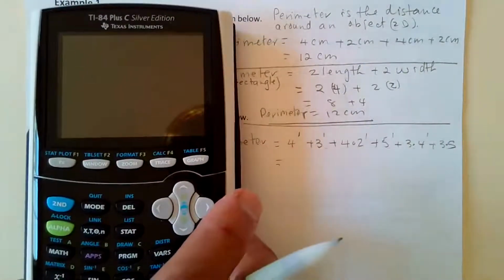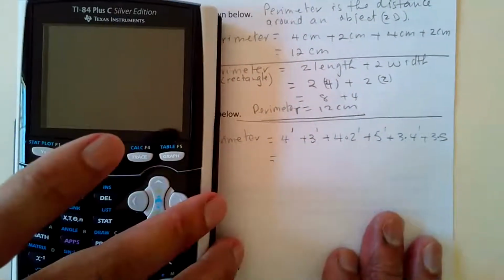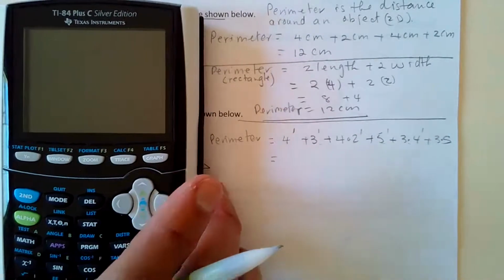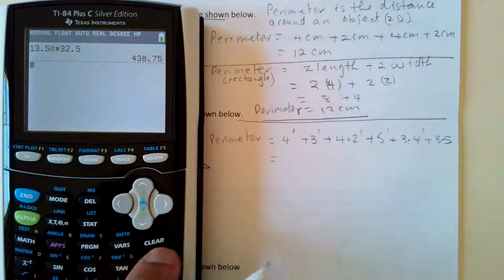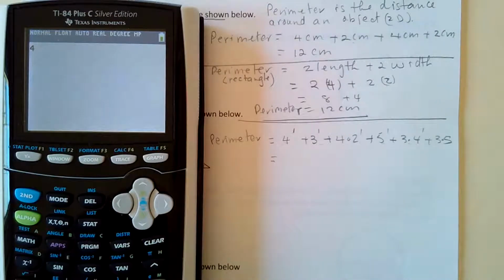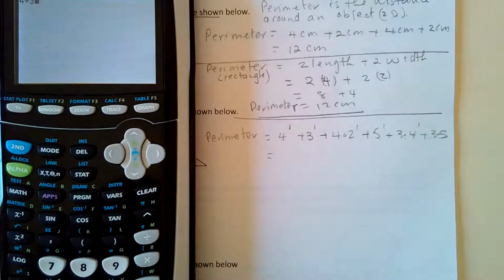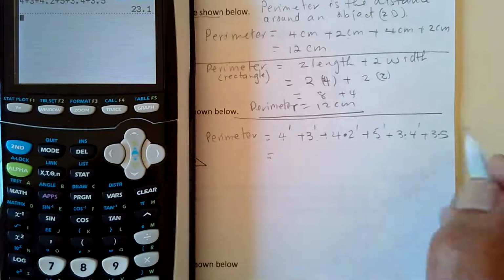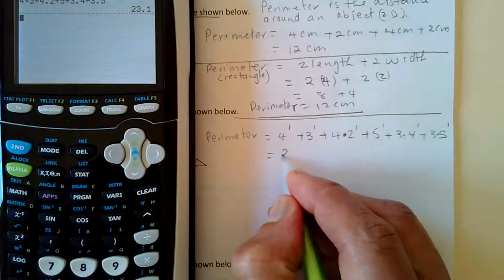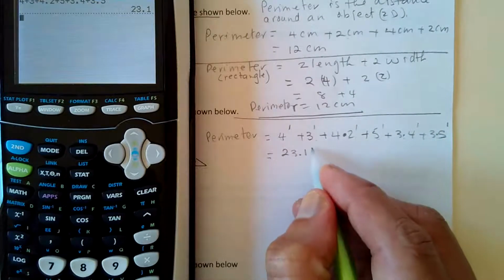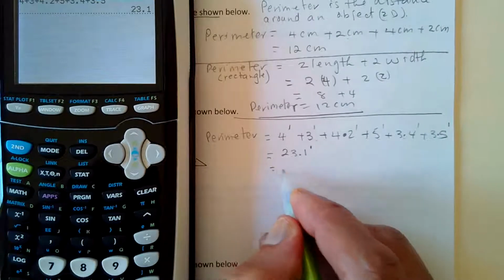I am going to go straight to my calculator, make sure I get this all done correctly. Yeah, 4 plus 3 plus 4.2 plus 5 plus 3.4 plus 3.5 gives me 23.1. That'll be feet. Or if you'd like to write it out,